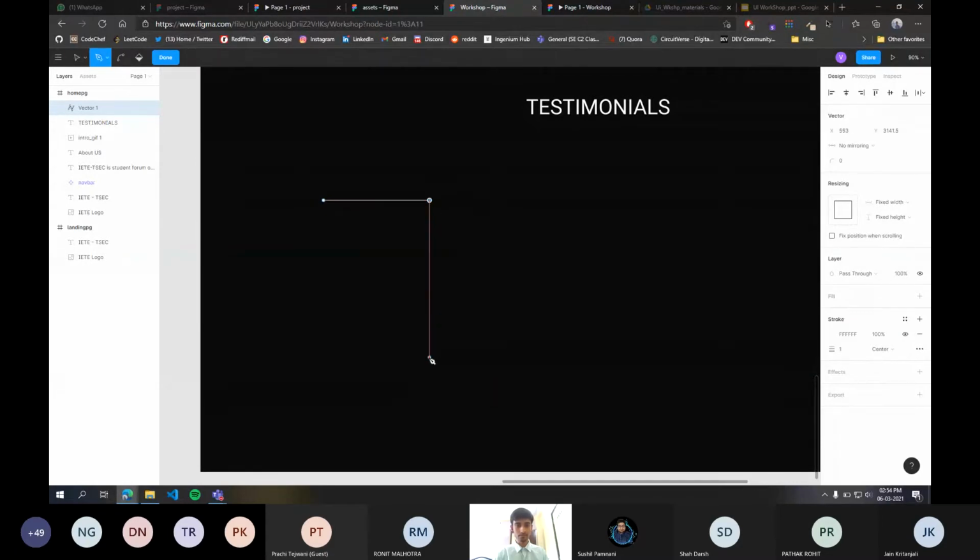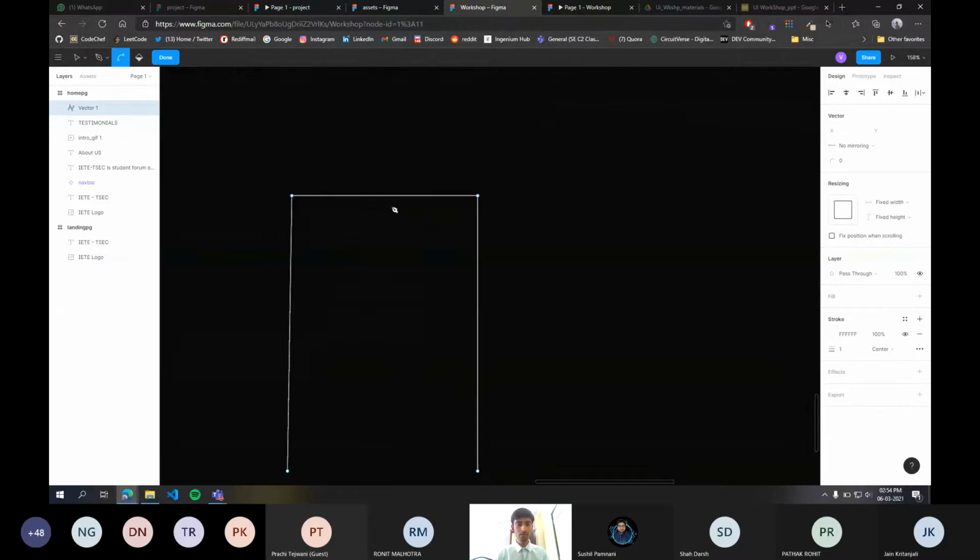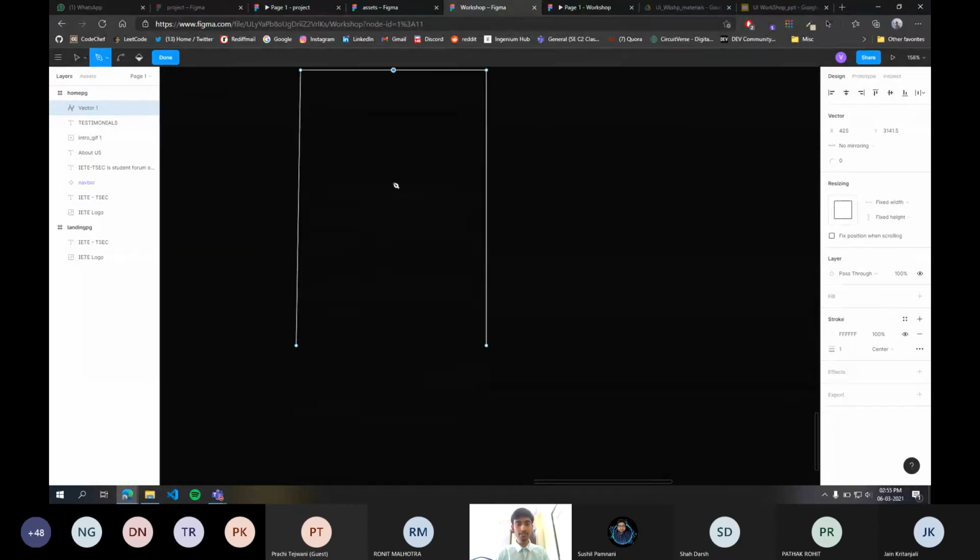Okay, connect the dot, extend the line, and if you hover on this top stroke, you can see that the cursor just snaps to the center of it. So again, extend the line right from the center. This will act like a reference point. Okay, center reference point.